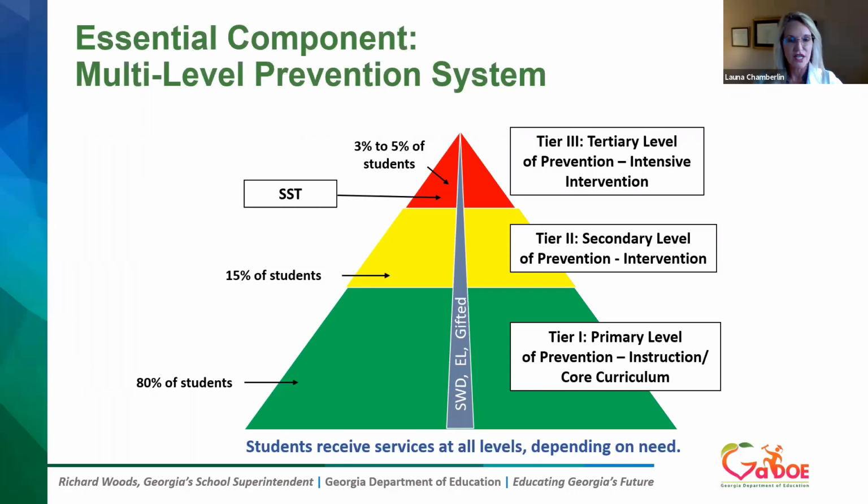So supports and interventions are customized, as I mentioned earlier, to address your child's unique needs through the RTI process within MTSS. So you'll notice down the center of this triangle, colored in gray, there are acronyms such as SWD, EL, and gifted. This means that students with disabilities, English language learners, and gifted students also receive supports within the MTSS framework. And so your child's teacher would collect data regularly and make changes necessary if your child is not making progress. And all students, including students with disabilities who are not making adequate progress, may need the data to be further examined. So this is where the SST comes together.